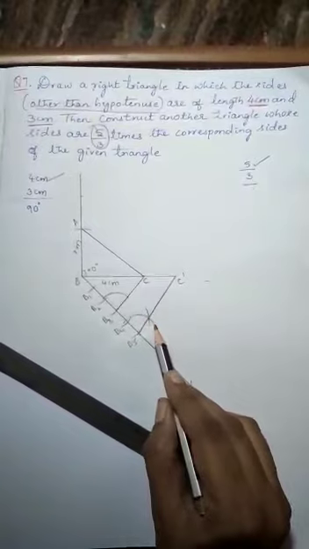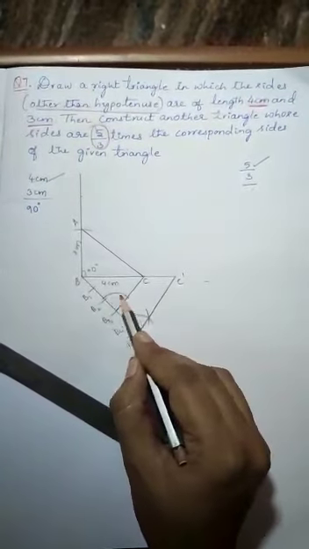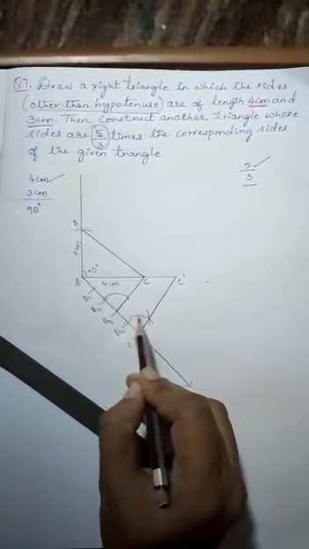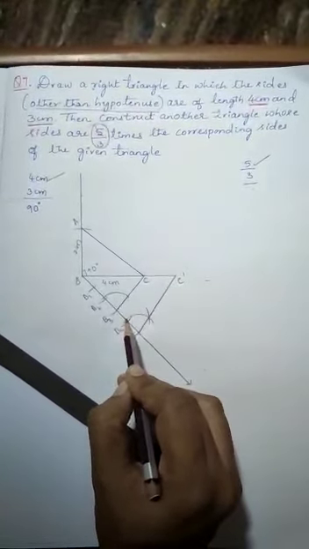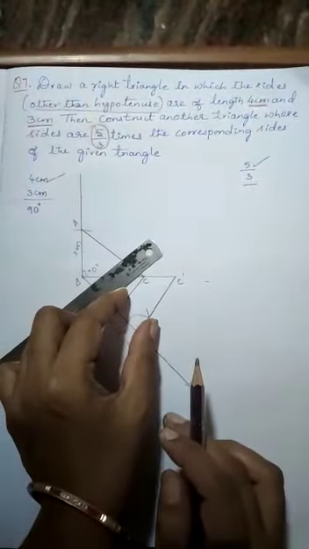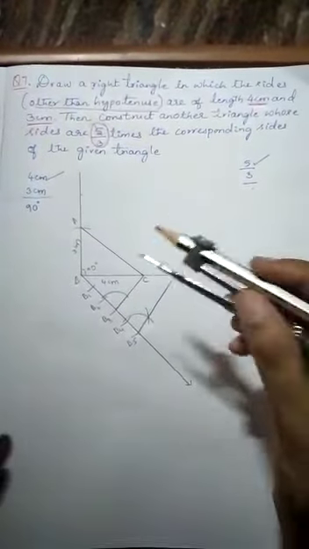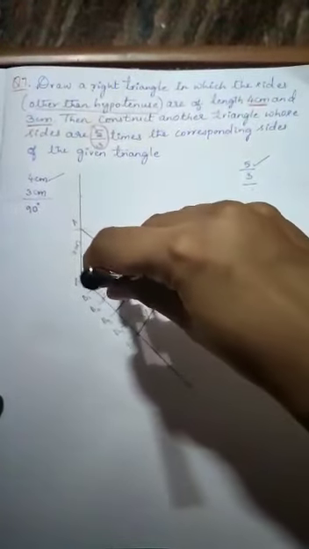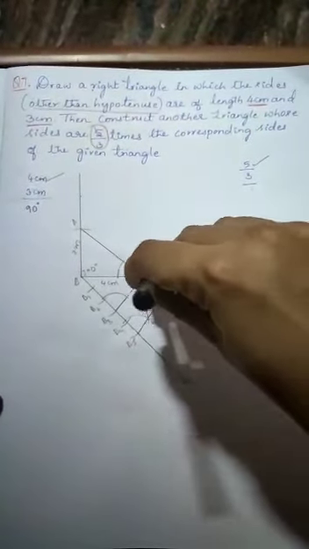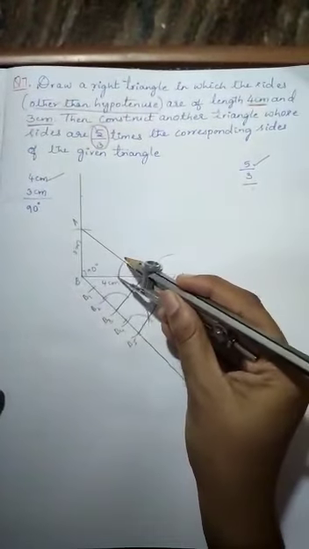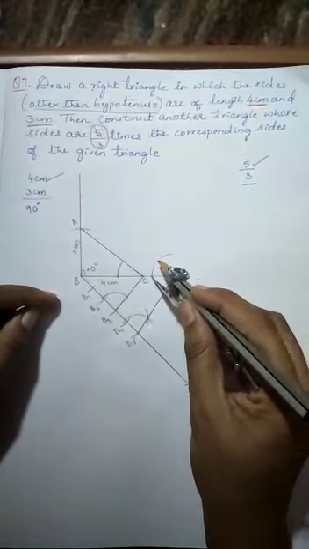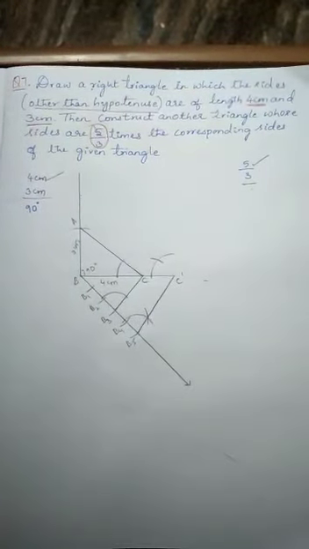So you got the arc from here to here. The same arc you take here and you measure these two measurements from here to here. The same thing: the ray which this arc touches, from this point you will get one X point. So these two are parallel lines. We got these two parallel lines. Again from C, cut an arc, the same thing on C dash, and measure this much from this point. Cut an arc. You got one X mark.